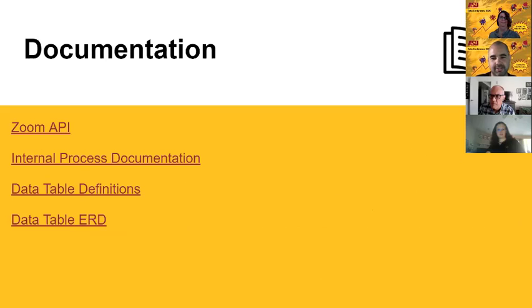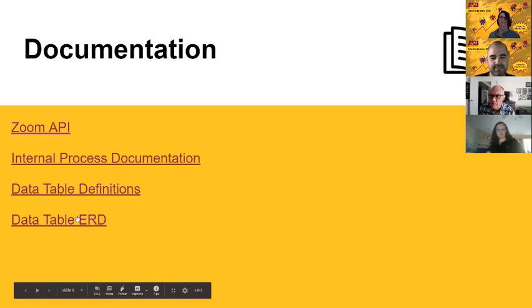Okay, and then there's some documentation that we're putting together as we build all this stuff. I'm not going to go a whole lot into this, one, because it's still work in progress, especially things like the definitions in the ERD. The Zoom API, that's provided by Zoom if you ever want to know what we're hitting and what else is out there. If you feel like there might be some information that would be valuable, we could potentially add that to the job. Anything that's available is documented within their API.